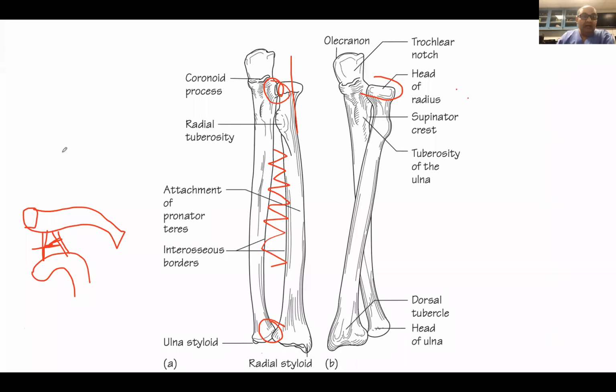Annular ligament is not the ligament of the elbow joint, because when we talk of the elbow joint, it's a complex. There are three articulations. One is between the head of the radius and ulna. Second is between the capitulum and the head of the radius. Third is between the trochlea and the trochlear notch or the ulnar notch. So there are three types. The upper two, between the humerus and the radius and ulna, are included in the elbow joint. And this one between the head of the radius and the ulnar notch is called